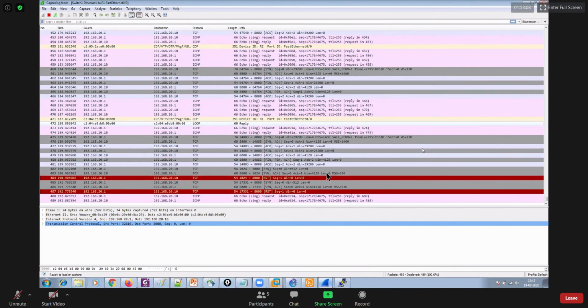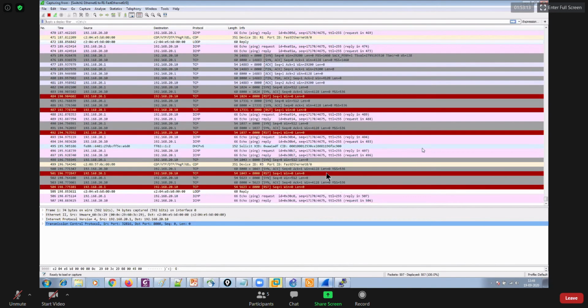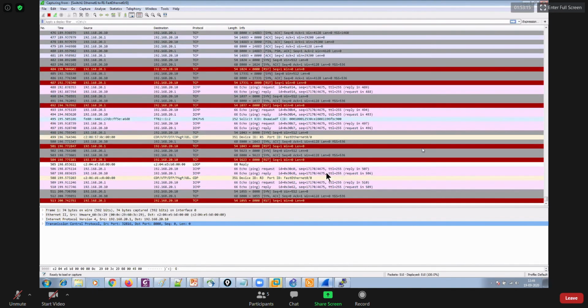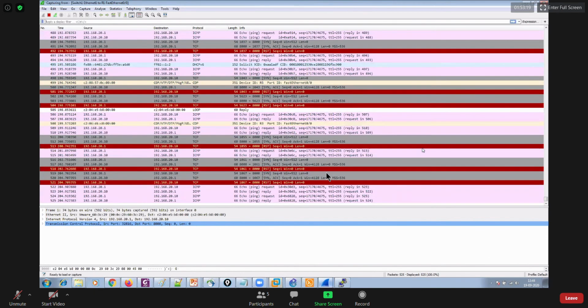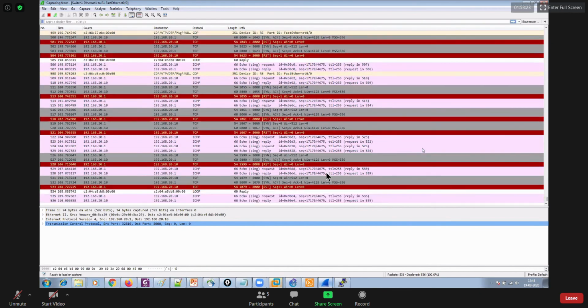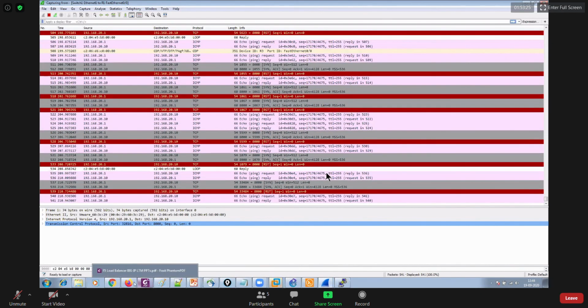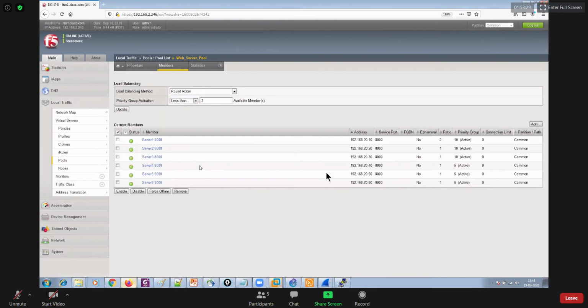You will send SYN, get SYN ACK, and then a reset is sent. So there is no need to finish your connection by sending FIN ACK, FIN ACK like that. You're sending SYN, SYN ACK and then reset every 2 seconds. It's not performing a complete three-way handshake, and still you can monitor that. You can see all members are up, right?